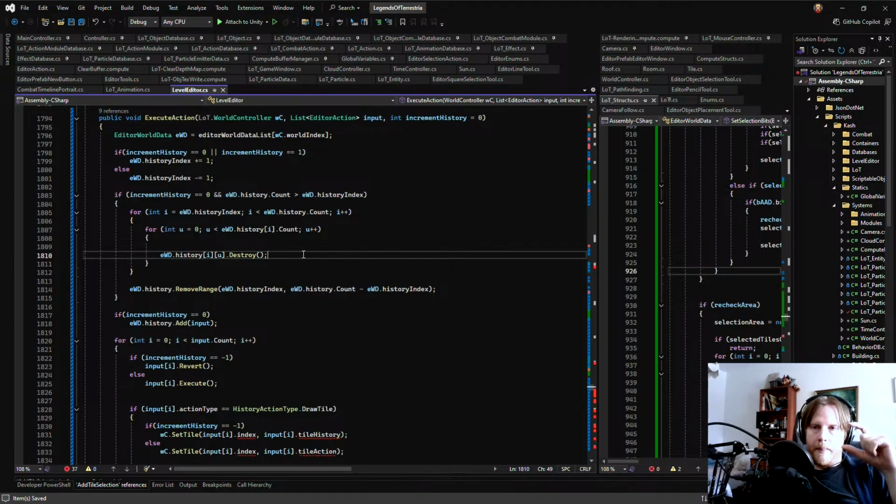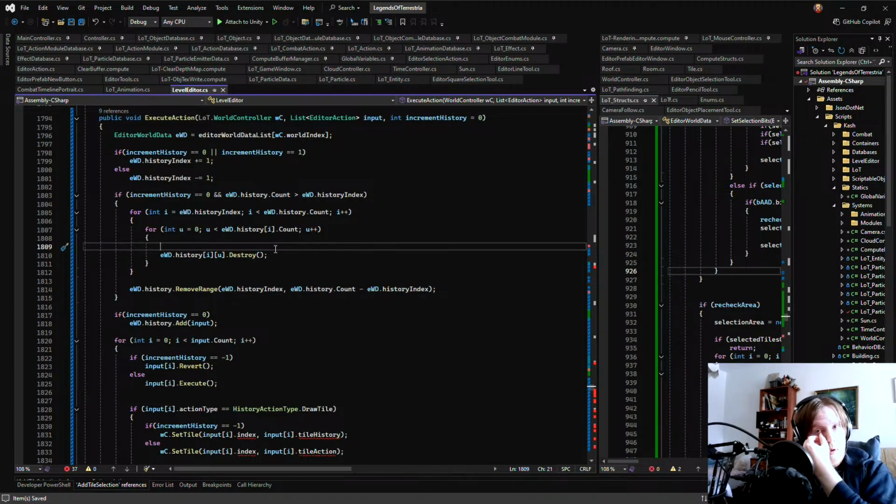Right? And then if the history entry is cleared, then we destroy it and return the object to the object pool. But otherwise, I don't think we should re-instantiate it over and over just because we are undoing and redoing, because I feel like that's just wasteful.